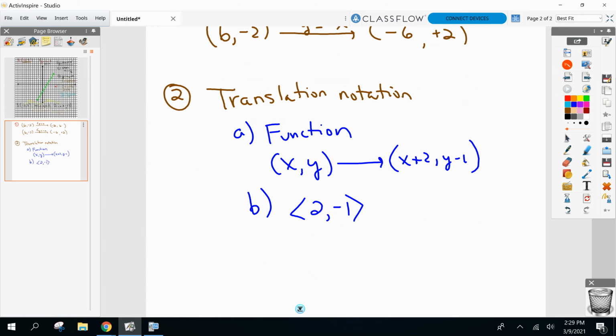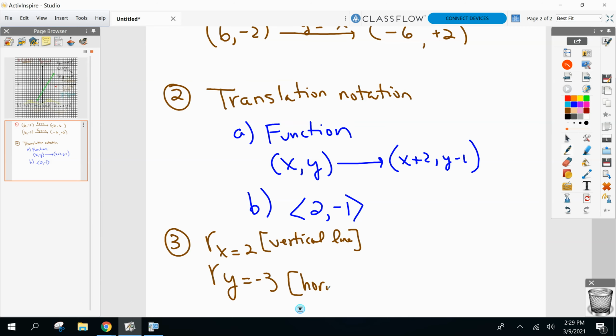And also, I know I went over this in class yesterday, but just to remind you, because it's been a couple hours, make sure you can reflect over something like x equals 2. Reflect over something like y equals negative 3. X equals a number is your vertical line. Y equals a number is your horizontal line. Okay, so just make sure we're aware of x equals and y equals. And that is pretty much all I have